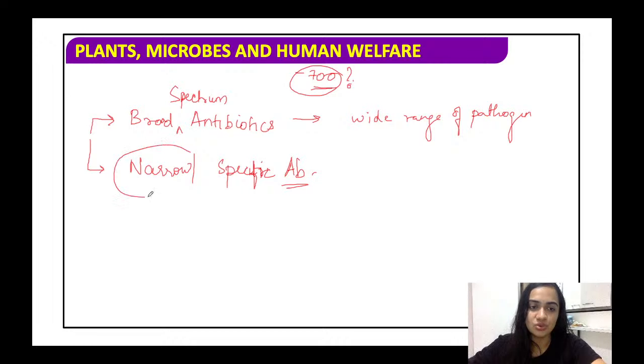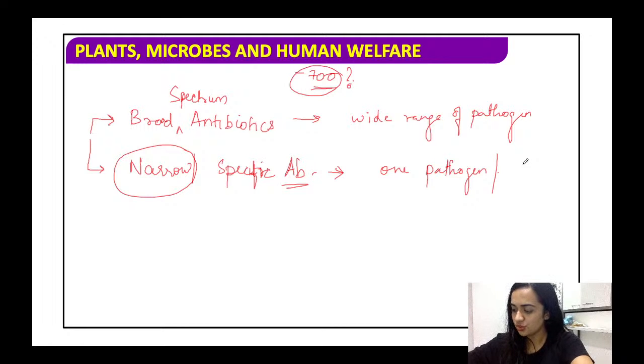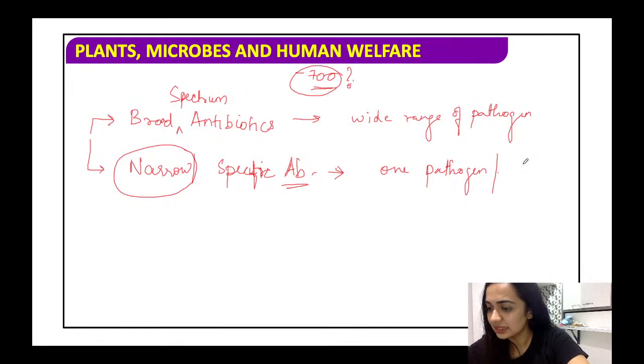But in your narrow or your specific antibiotics, what happens that they are only used for the action or for the treatment of one pathogen or very few. Fine. So this is the example. This is the definition. Basically,